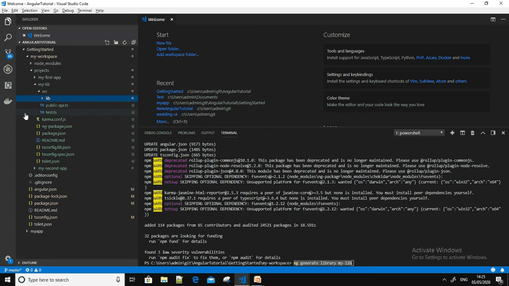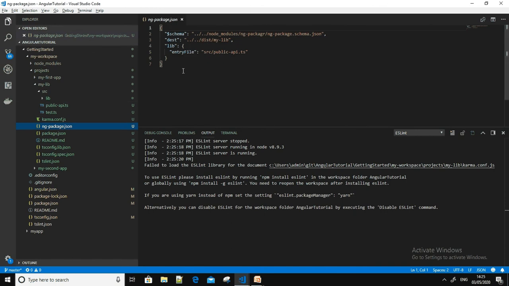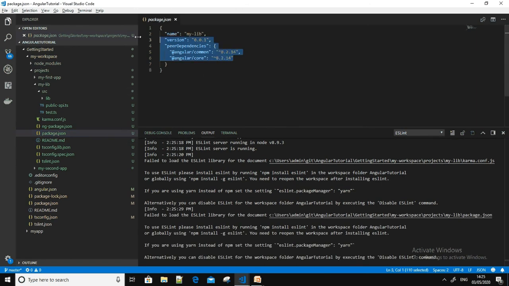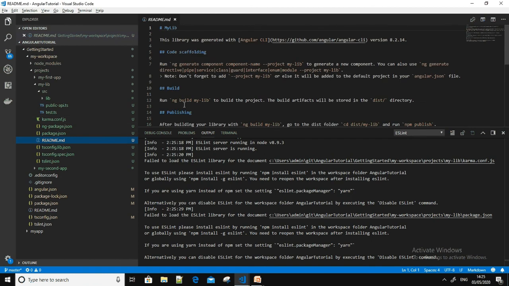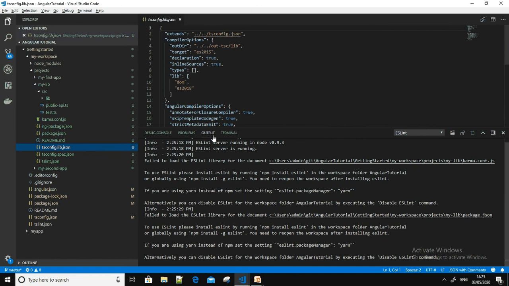Then, coming to the next, it also has the karma.conf.js file specific to this library. Then ng-package.json, which has the configuration used by ng-packagr for this library, then package.json having all the dependencies needed, then readme.md, which would contain all the details related to this library, like what this library does and how to use it. This kind of documentation would be there. Then the tsconfig.lib.json file, which is again a configuration file specific to the library.